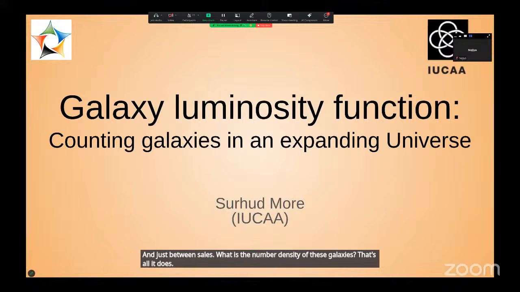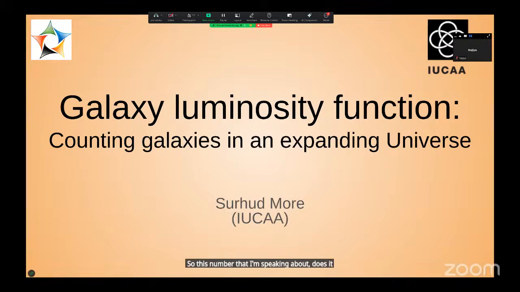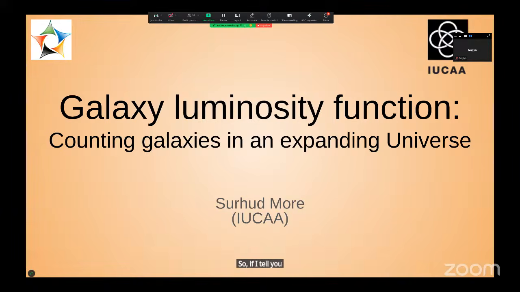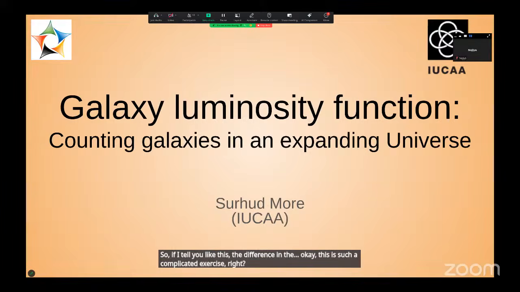So what does this number density mean? There will be a certain number of galaxies in a given volume, so how many galaxies per how much volume, that is what the luminosity function gives. If I tell you like this, it may seem like such a stupid exercise. When you were children, you would go out and count the stars one by one. That's exactly what it is: the galaxies that you are counting. Now the problem